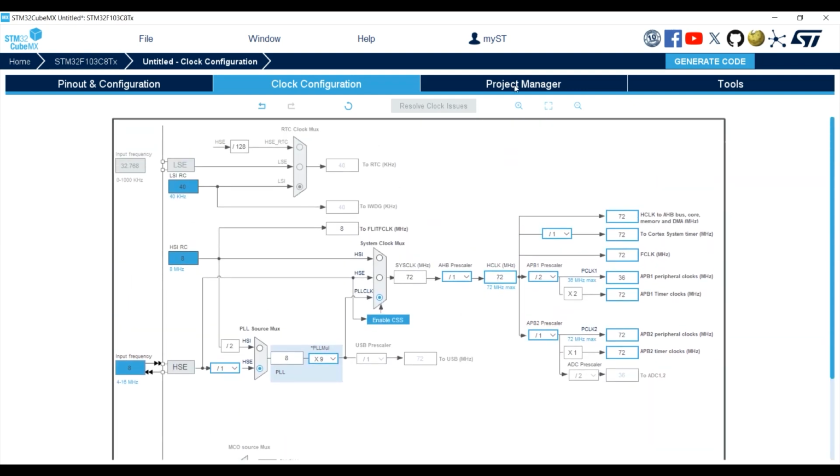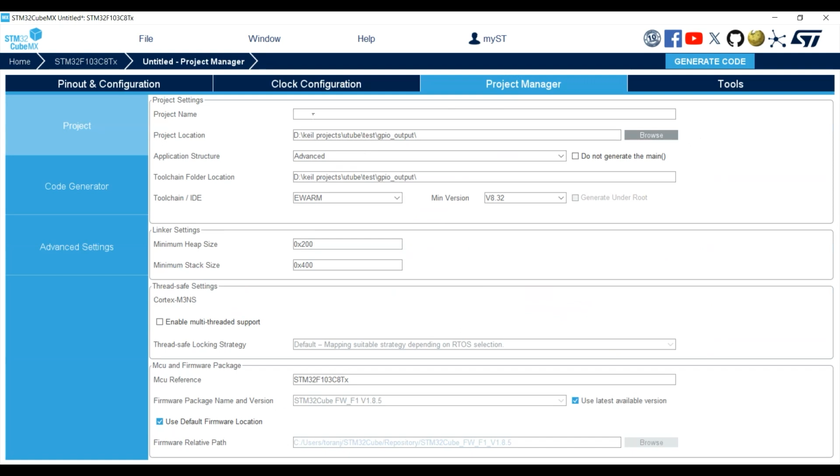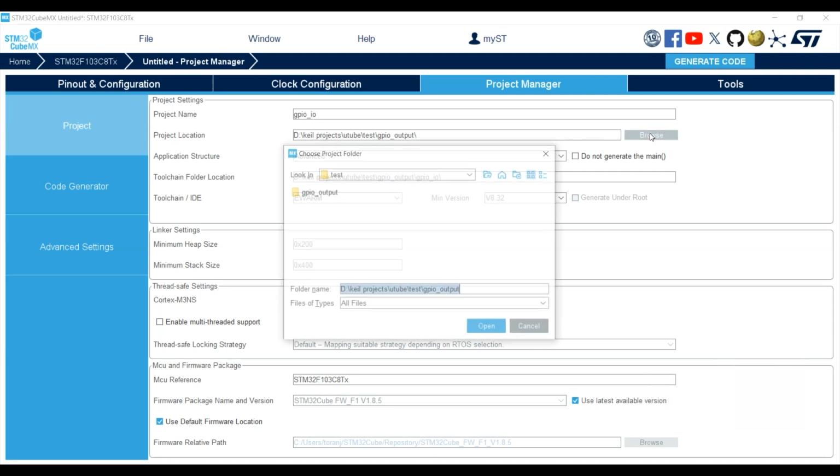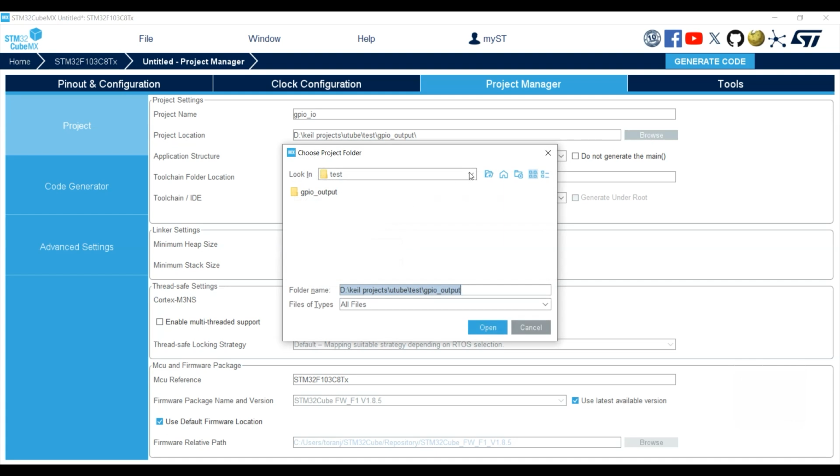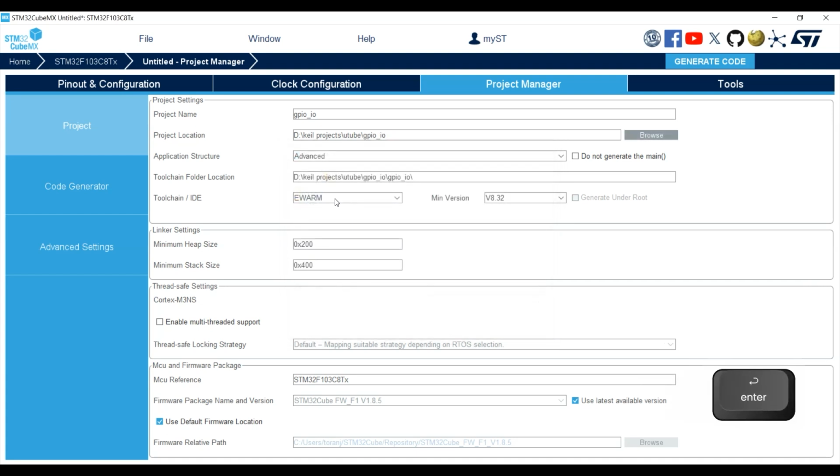Yep. Project manager. A name for your project. I like to call it GPIO input and output, or IO. Project location, you could choose wherever you want, but in my case, I would like to create a new folder here and call it GPIO IO, and save it there.